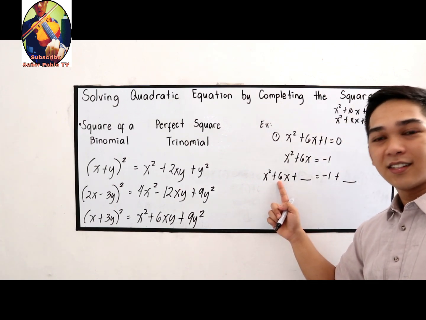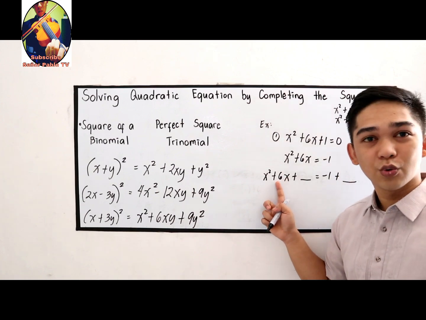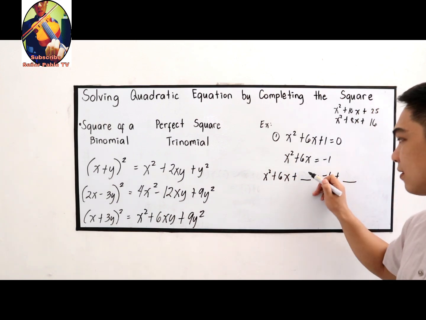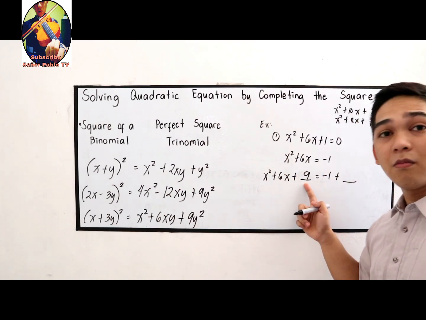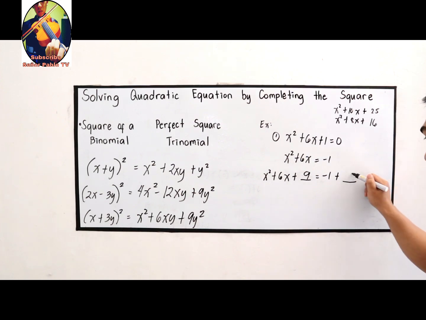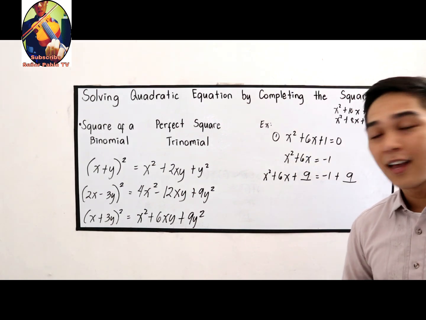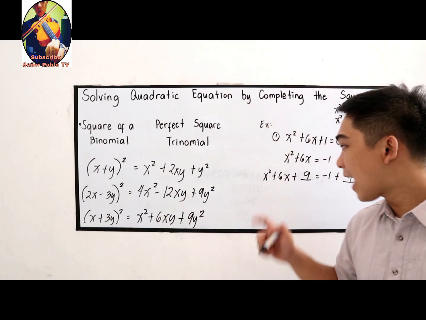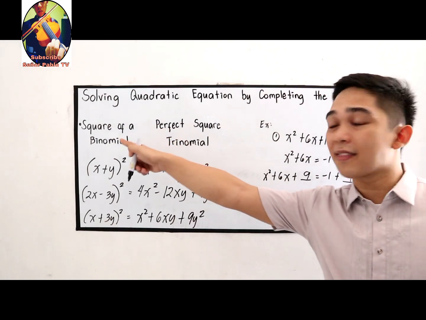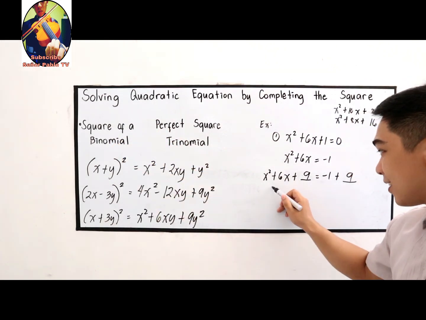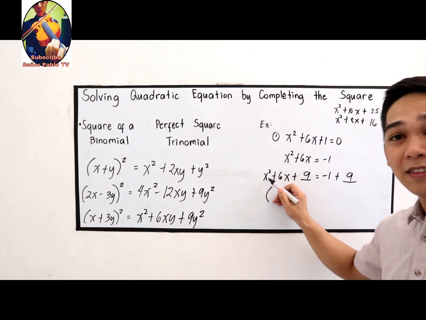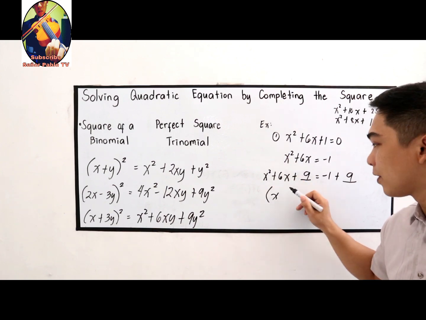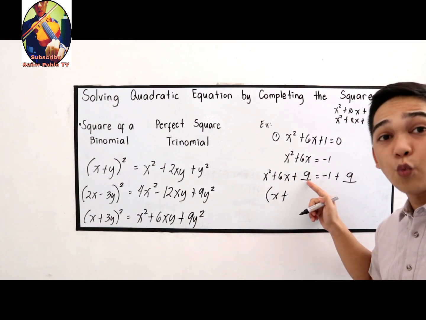Apply natin dito. 6 divided by 2, 3. 3 squared, 9. So, mag-add tayo ng 9 sa right side dapat din. PST na siya, o perfect square trinomial. Now, after gawin siyang PST, gagawin natin siyang square of a binomial. So, square of a binomial, get the square root of x squared. Copy the sign of the middle term, so positive. Then, square root of 9,